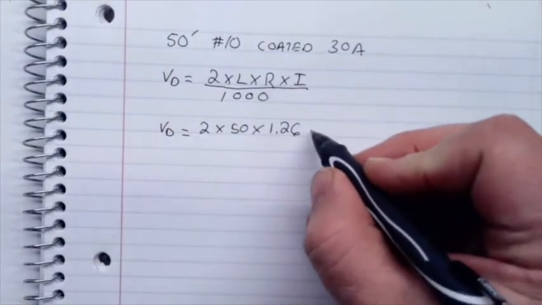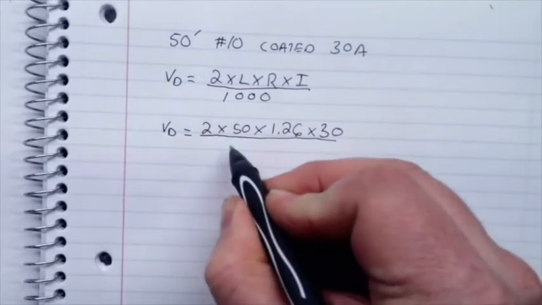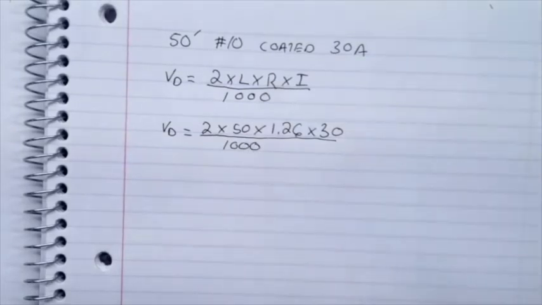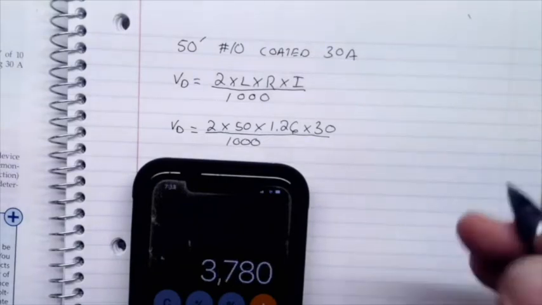Then we multiply that by our 30, and we'll put it over 1,000. So now, I'm going to go 2 times 50 times 1.26 times 30 equals